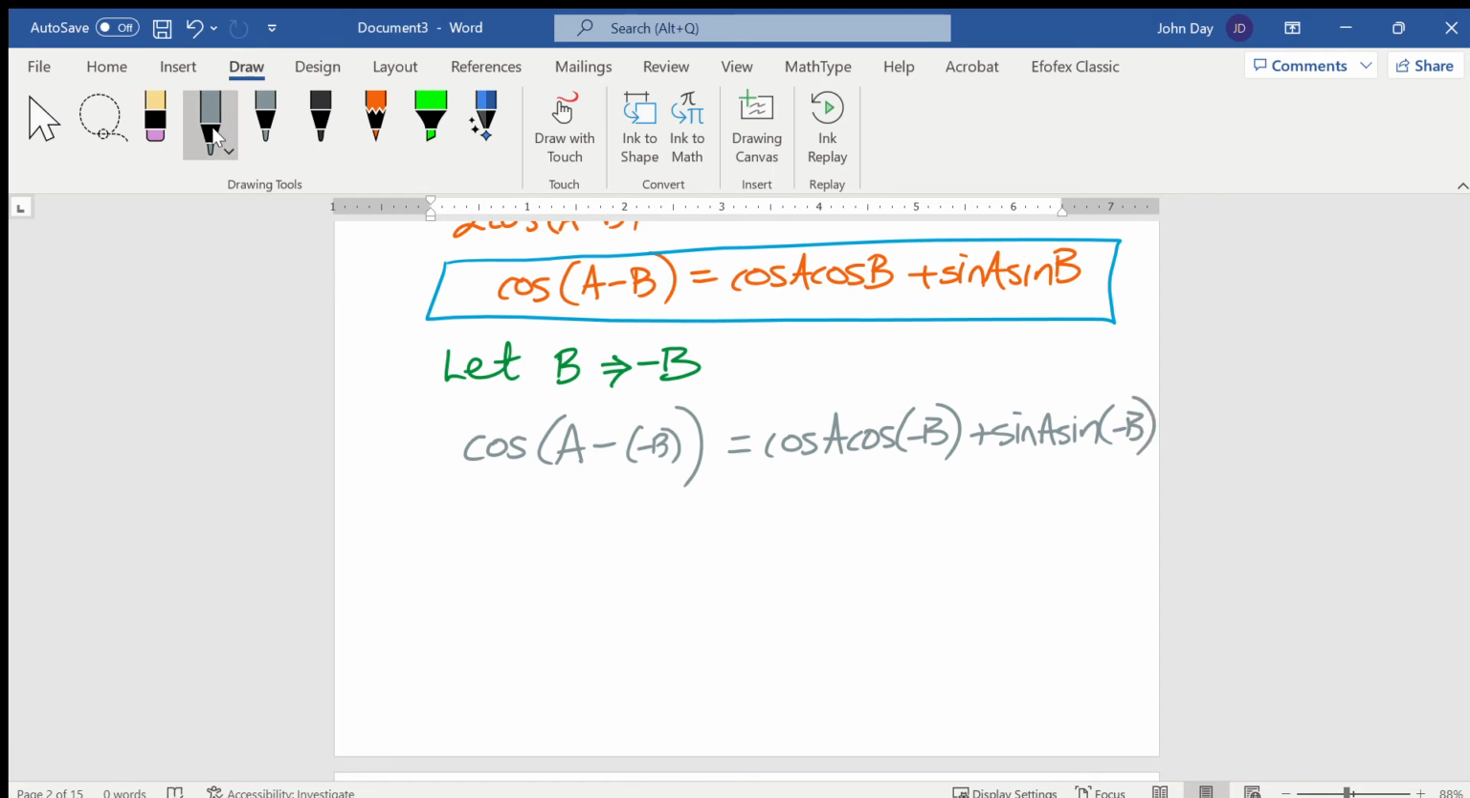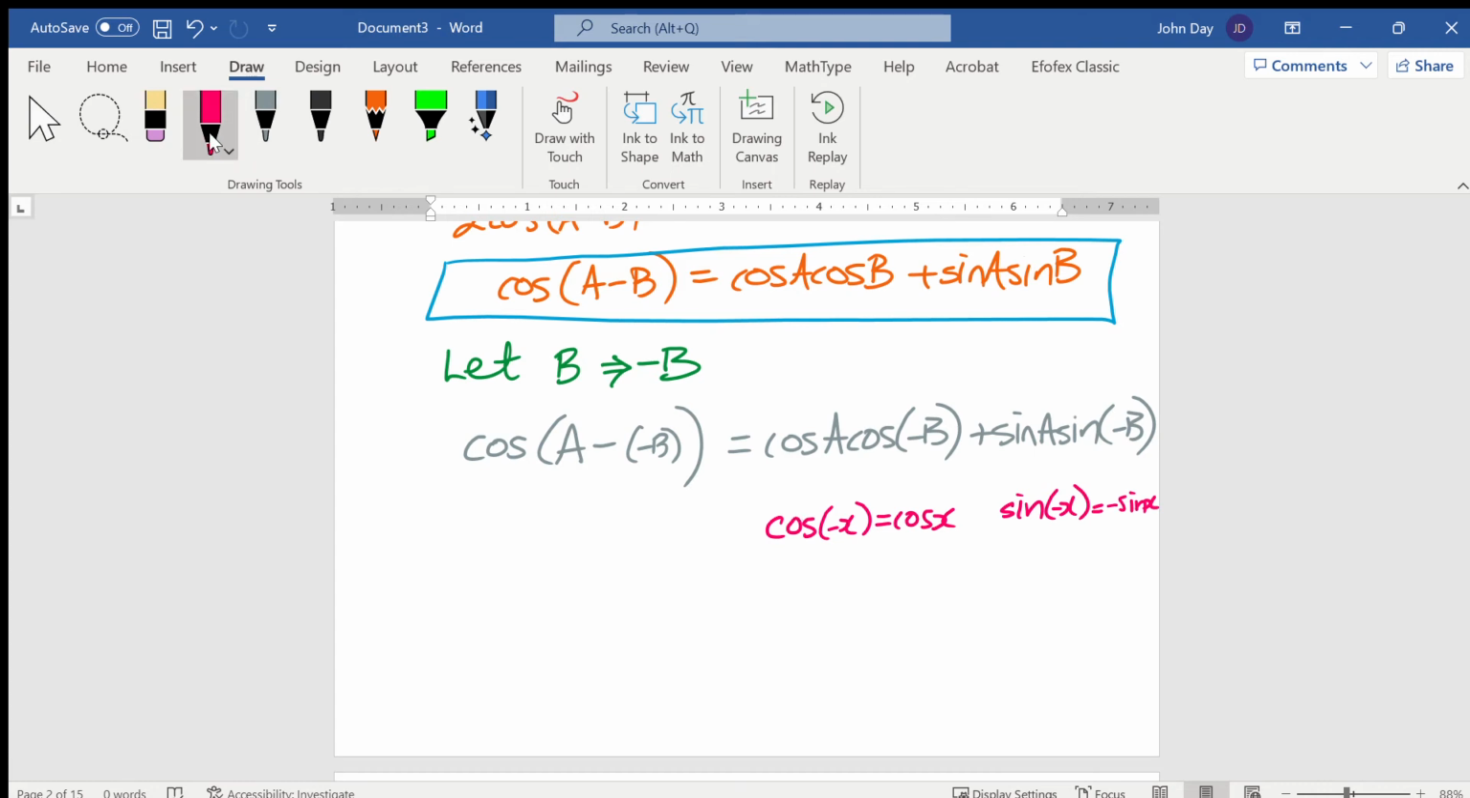Now, I'll just remind you of a couple of rules that we should know. You should know that cos of minus x is the same as cos of x, but sine of minus x is minus sine of x, right? That's because cos is an even function and sine is an odd function. We did that in our lesson 2 periods ago for advanced. Well, that's